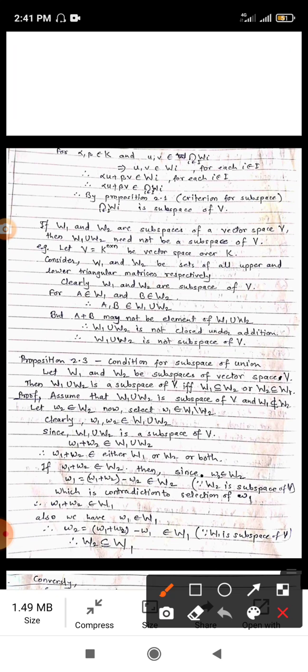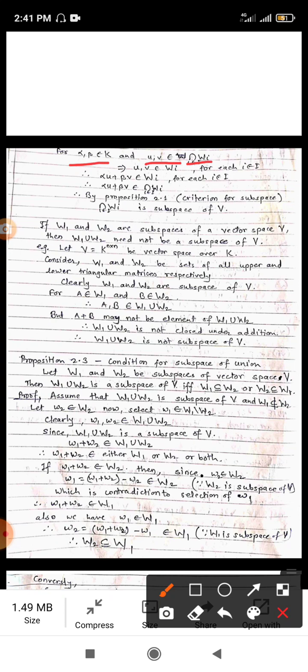Let alpha, beta belong to the scalar field K and u, v belong to the intersection of Wi. What is the meaning of intersection of Wi? If u belongs to the intersection of Wi, then u belongs to each of W1, W2, W3, W4, and v belongs to each of W1, W2, W3 and so on. So u and v belong to Wi for each i,